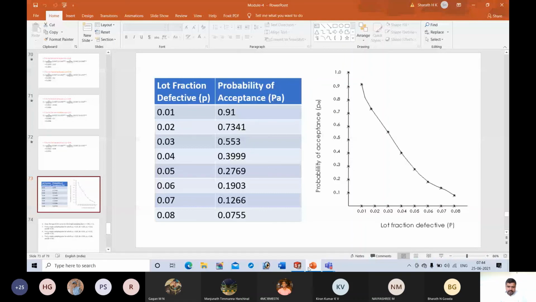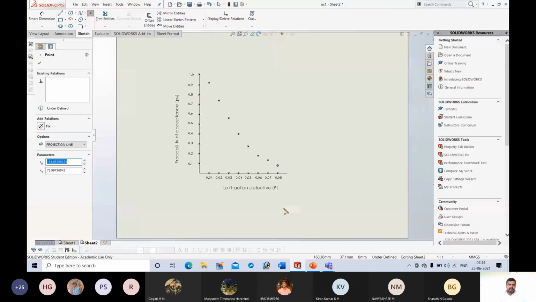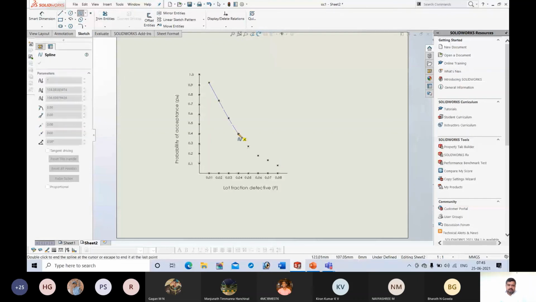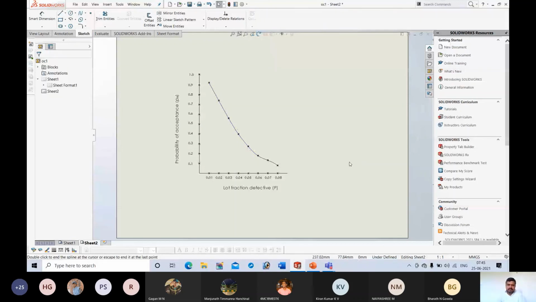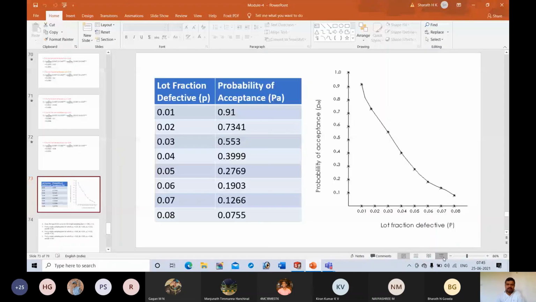So like this, on the graph I will mark the points, then connect these points with a curve. This is the OC curve for the single sampling plan where n is equal to 50 and c is equal to 1. If you have any doubt regarding this,